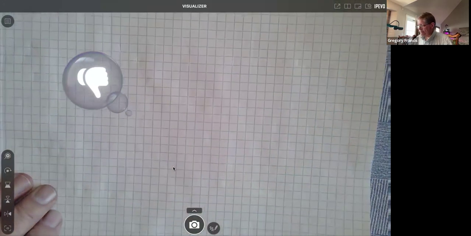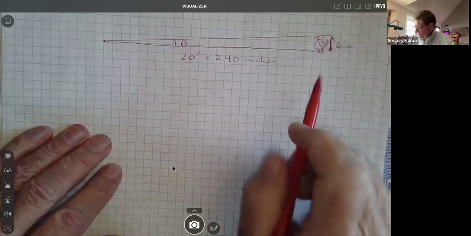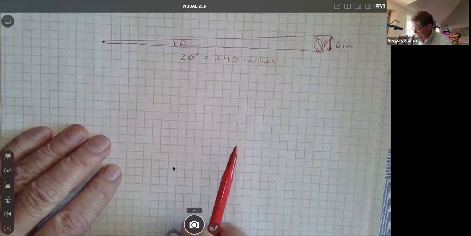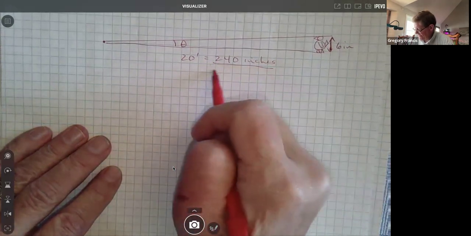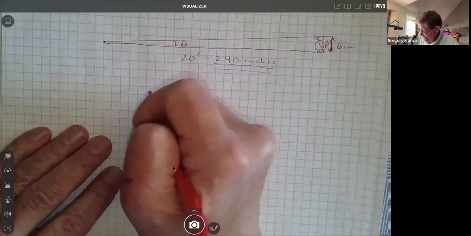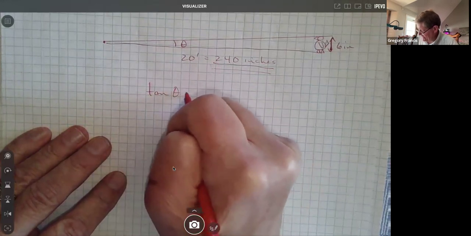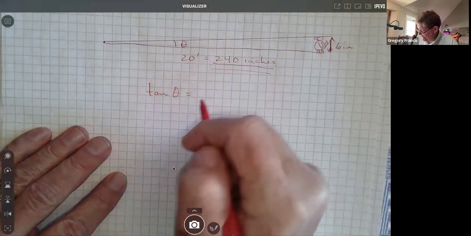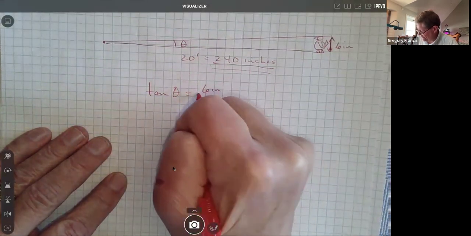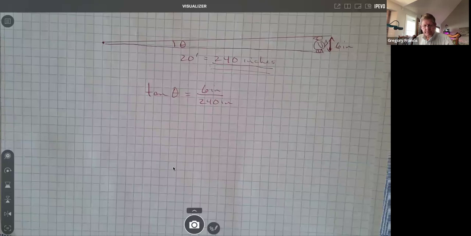Okay, last problem. We have this bird that's 6 inches tall, and we have it 20 meters away. And if we use the tangent of theta is equal to the opposite over the adjacent, 6 inches over 240 inches. Well, 6 divided by 240,